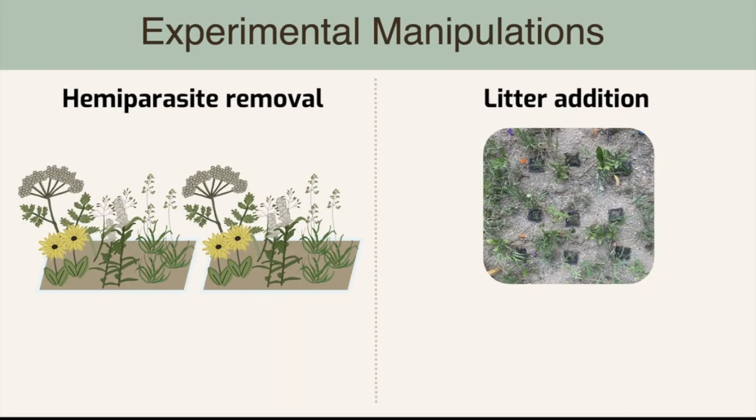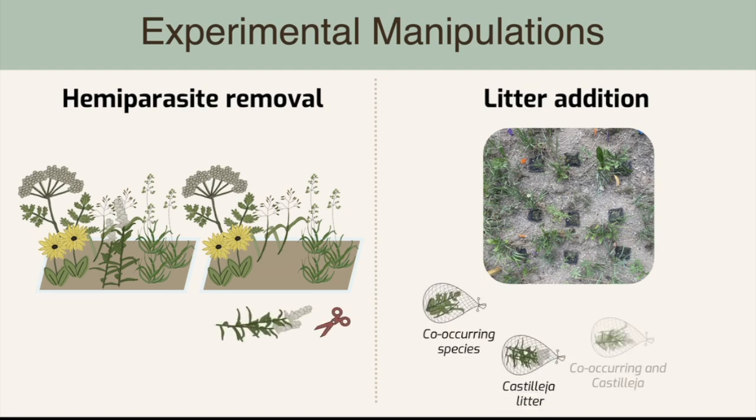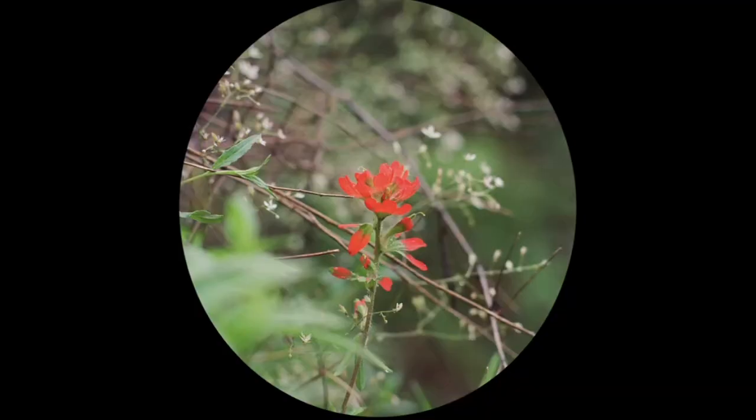By experimentally removing the presence of the parasite, and by adding litter to field plots, I aim to holistically examine the effects of root hemiparasites on the above ground and below ground interactions of plants, their associated microbes, and their environment. The results of my research will strengthen our understanding of how root hemiparasitic plants impact natural communities,